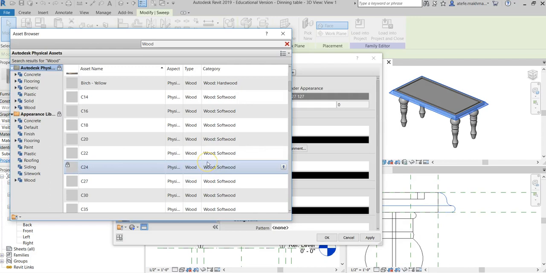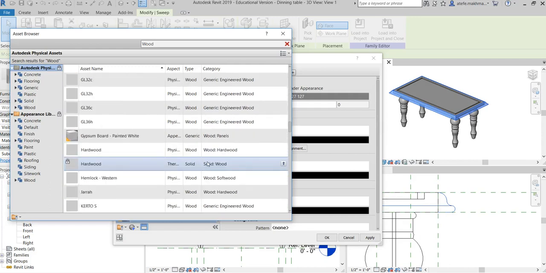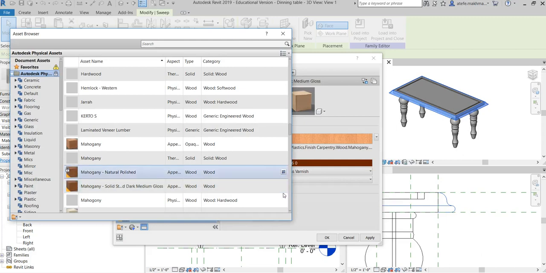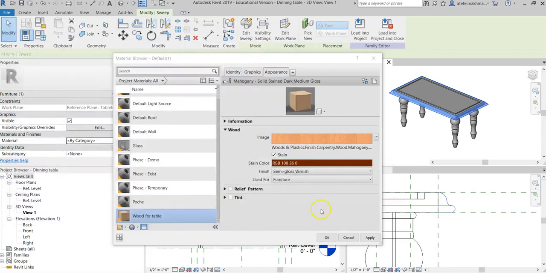And I'm going to go down to, I could have searched for wood or mahogany. So let's click on solid wood, nature polish, solid dark. Let's use this one. If you click on this, it replaces the current asset in the editor, or if you double click on that, it will replace it. Then you can close the asset browser. So you see that it has changed